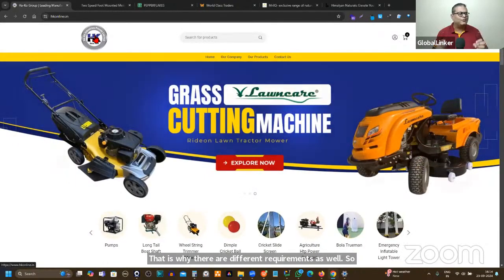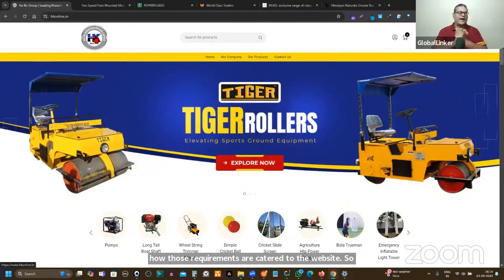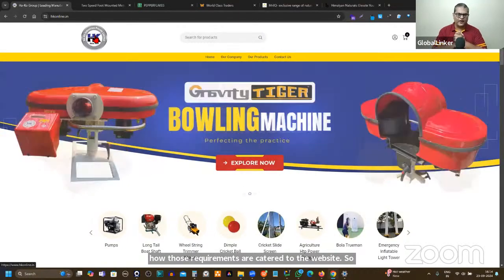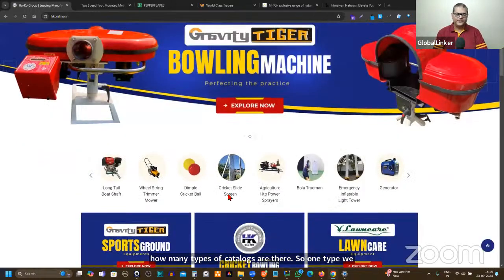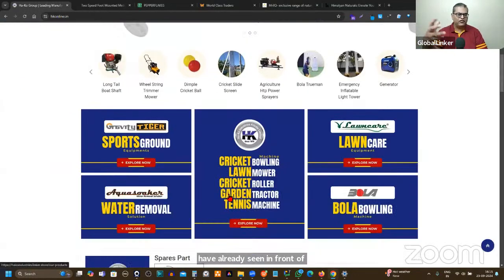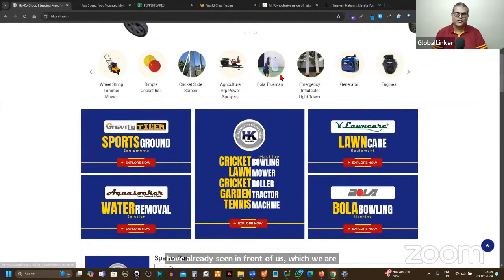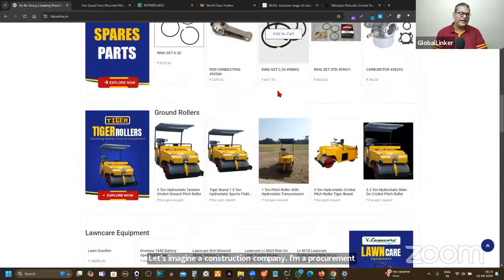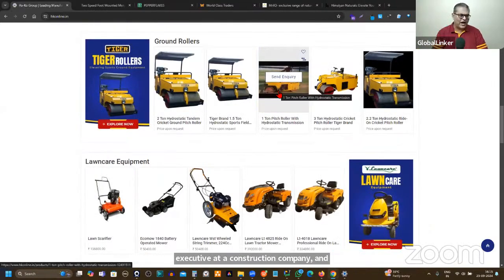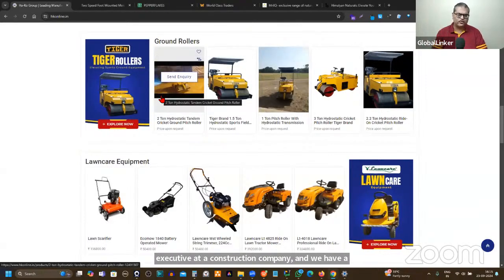So how many types of digital catalogs are there? One type we have already seen in front of us, which we are currently looking at on the screen. Just imagine that I am a business, let's imagine a construction company. I'm a procurement executive at a construction company, and we have an immediate requirement for ground rollers at one of our construction sites. So what I'll do is I'll come here and I'll review the product,